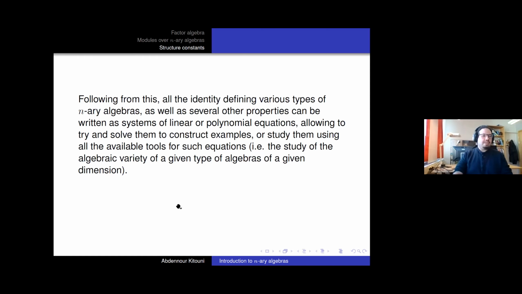So now that we can use these structure constants, why do we use them? All the identities defining various types of n-ary algebras, as well as several other properties that we can encounter, can be written as systems of either linear or polynomial equations, which is quite convenient for computational